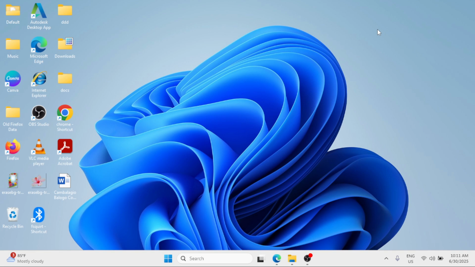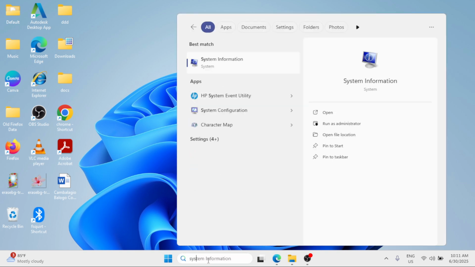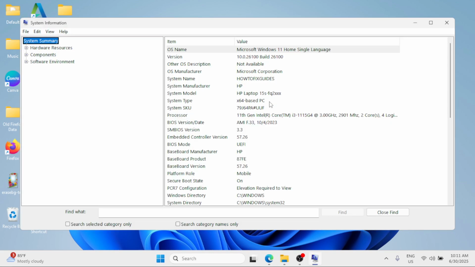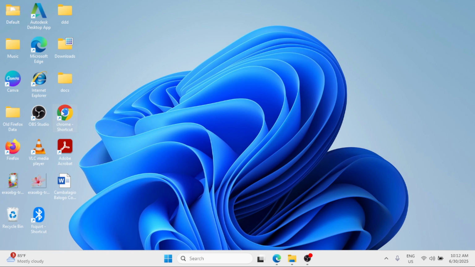The first thing that we need to do is to check our system type. So go to the Windows search bar and type system information. Click on it under the best match. And then simply take note of your system type and then open a browser